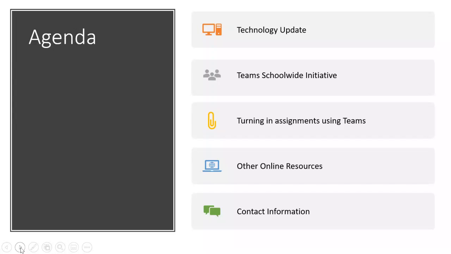So tonight, on the agenda, I plan to give you a full technology update, let you know what's going on with technology in the school, let you know about our school initiative using Teams and how we're going to be using Teams, and give you a little bit of instruction so that if and when we end up going into a hybrid or going fully online at any point during the school year, you'll understand how to use Teams. Yes, even at the pre-K through second grade,